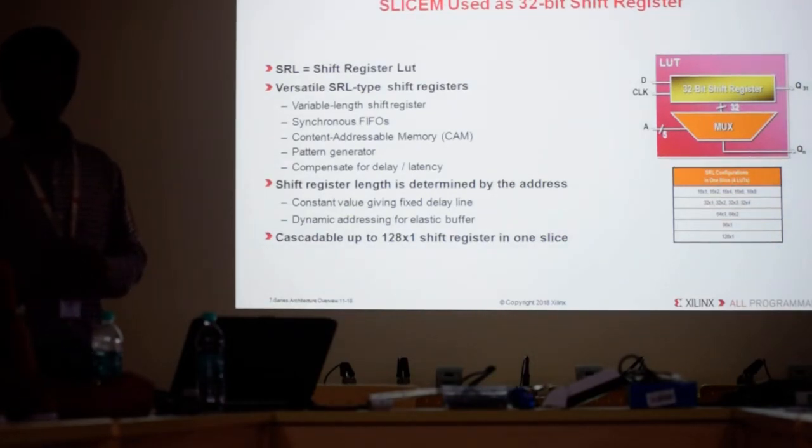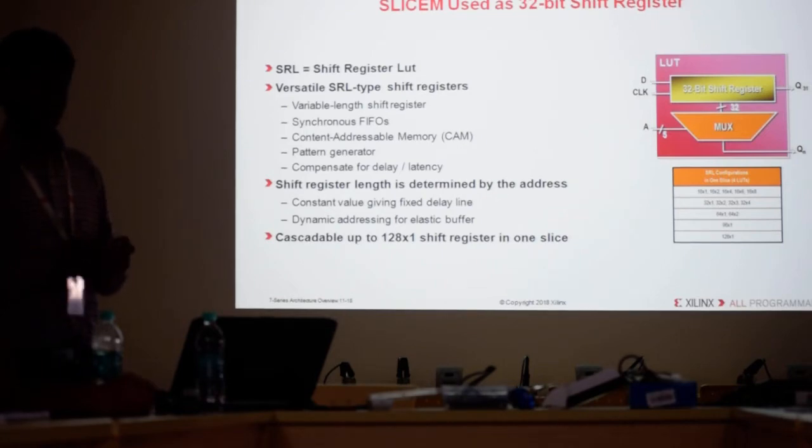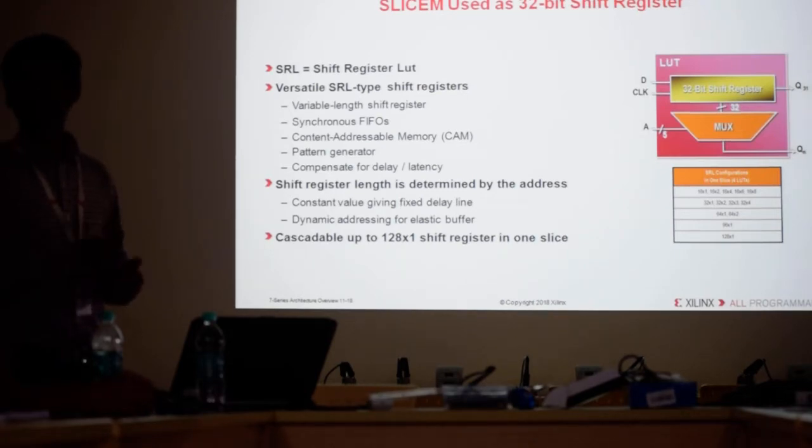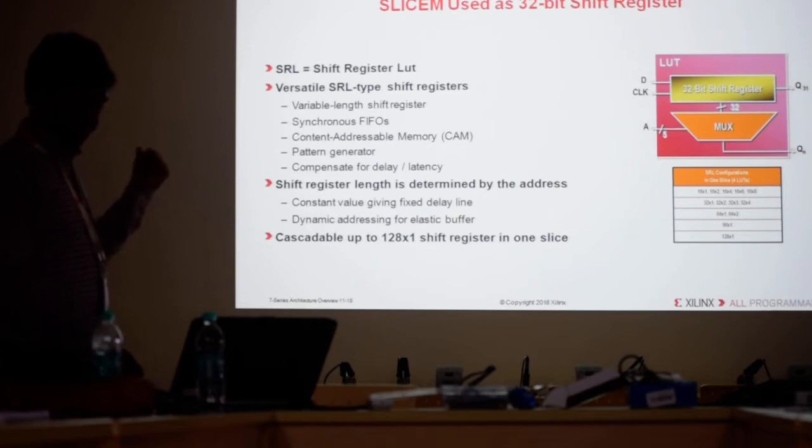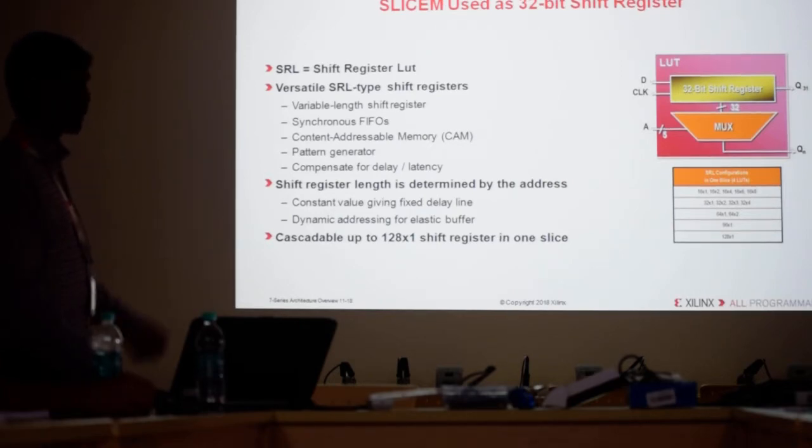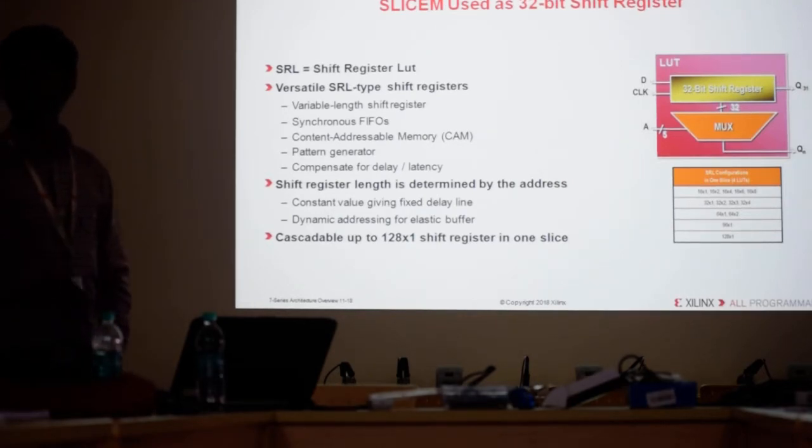So your program is 16 bit, and your slice M is 32 bit. So what happens? Your data is stored in the shift register only; it is not going out. It is made up of shift registers, synchronous read ports, and a multiplexer. Altogether, the slice is big now.